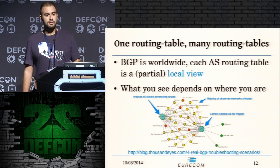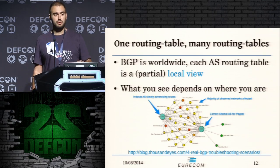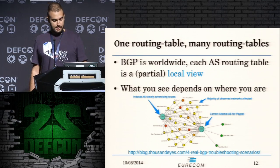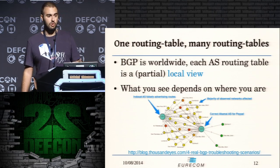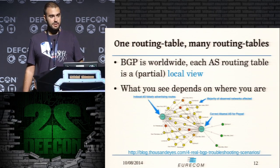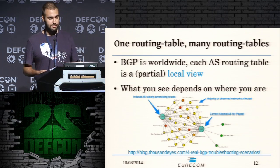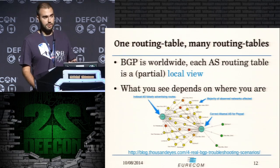In that case, some autonomous systems, the ones that are marked in yellow, red, and orange, were seeing the announcement and following the announcement of Indosat. So whenever you were trying to connect to PayPal, in fact, you were reaching Indonesia. And on the other side, there were some autonomous systems that, because of policy or proximity, were instead following the correct announcement of PayPal. So in this case, what happened? You have some kind of asymmetric or non-uniform routing,